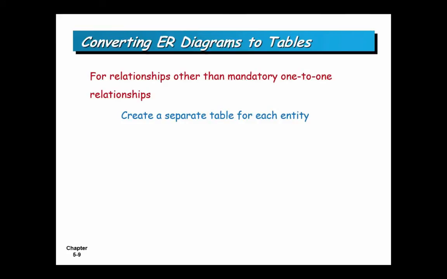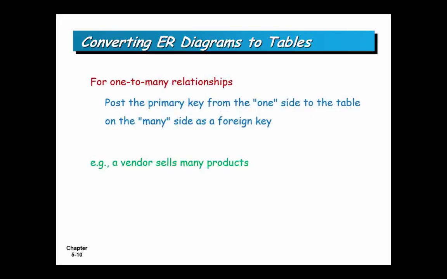If you have either a one-to-many relationship or a many-to-many relationship, either of those scenarios, you then would create a separate table for each entity. So if this is entity 1 and this is entity 2, you'd have 2 tables. And if this was entity 3 and this were entity 4, you'd have 2 other tables. You'd have separate tables for each entity when they're not mandatory one-to-ones. If it's a one-to-many,